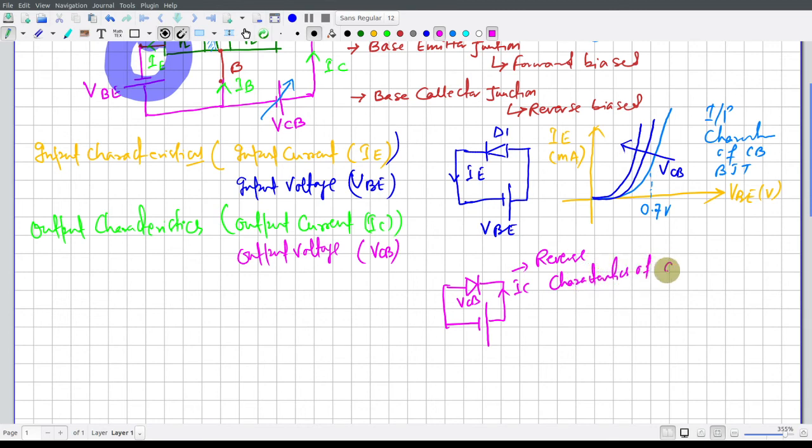of a diode. For this reverse characteristics of the diode, we are very familiar with the reverse characteristics of a diode. It is very simple, it is the diode characteristic.